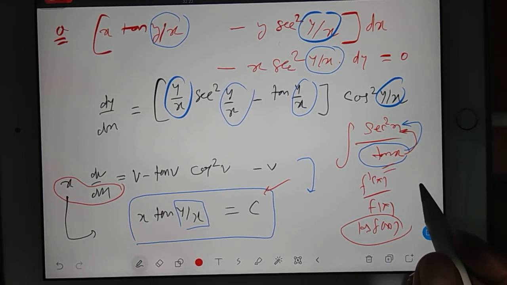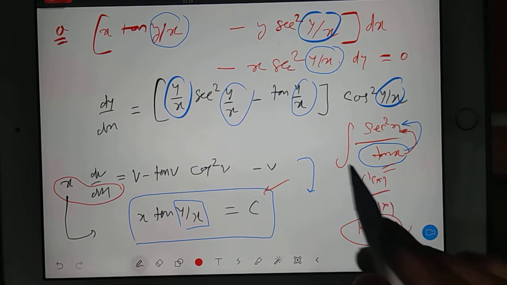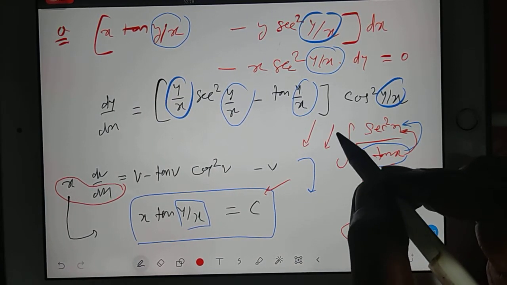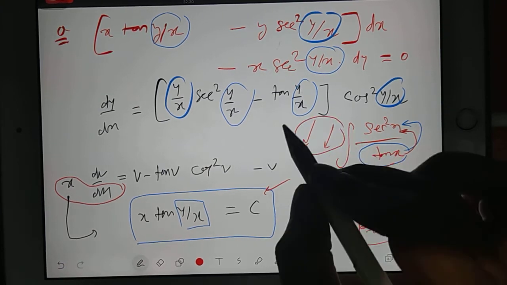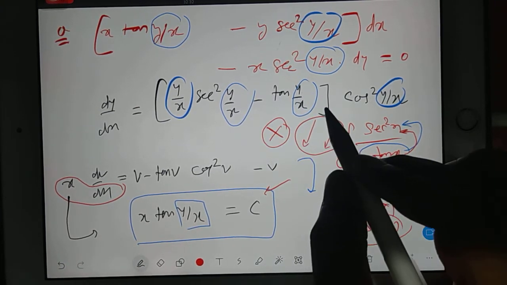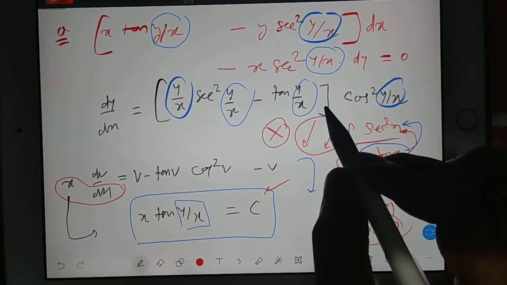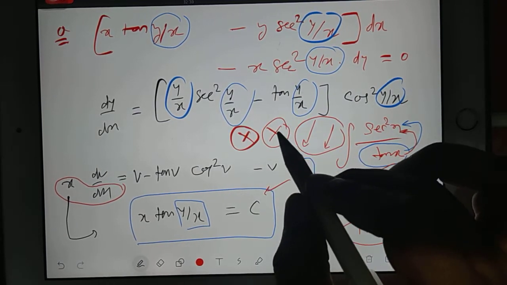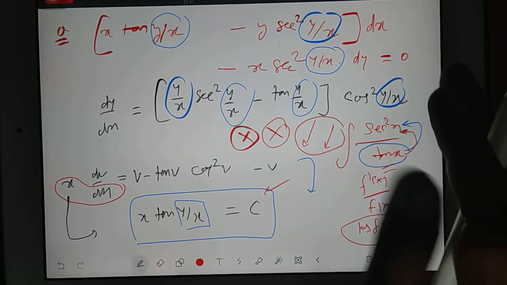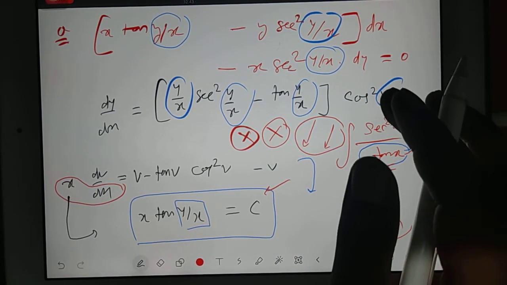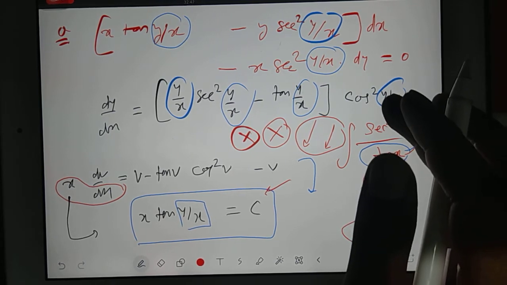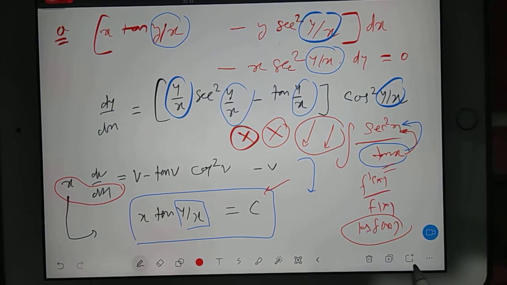Now there is one more topic where we reduce the equation to the homogeneous form. That topic is very lengthy, so I don't expect that they will ask a lengthy question in the GATE exam. So confidently I am skipping this topic, there are some equations that are reducible to homogeneous form, but I will take one example because it is important. So I'll change the page. Take one example, but take a note.